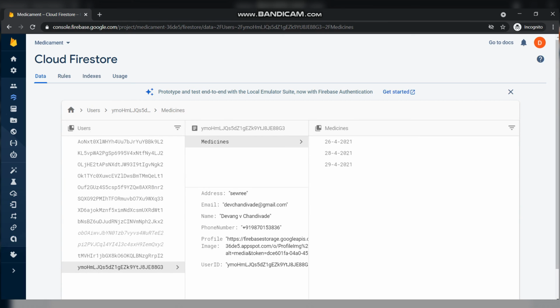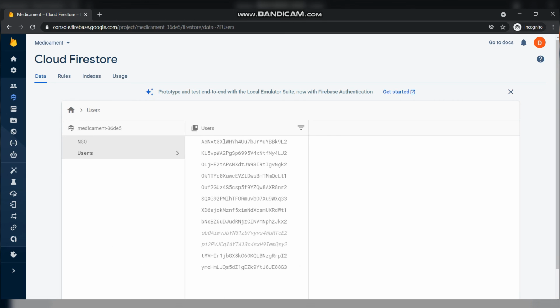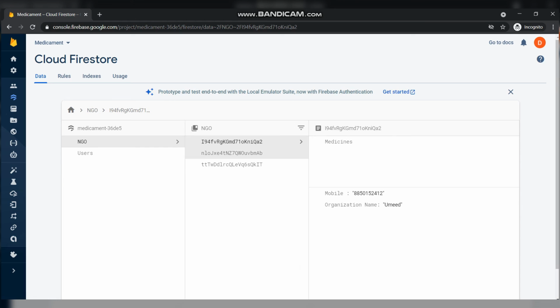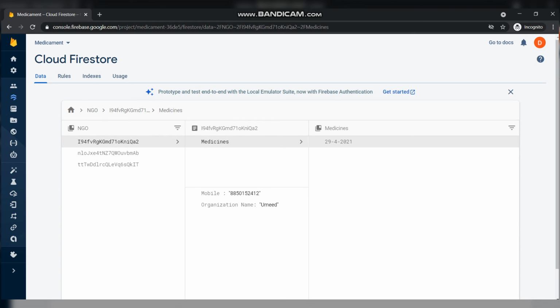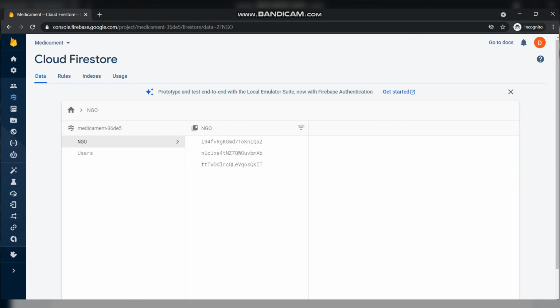After that, my details have been stored in the database with all the donations I've done. Now coming to the NGO database. Here, Ummeed NGO, which we added recently, is shown. We can clearly see the medicine list has been updated. All the data has been updated in real time just because of Firebase.